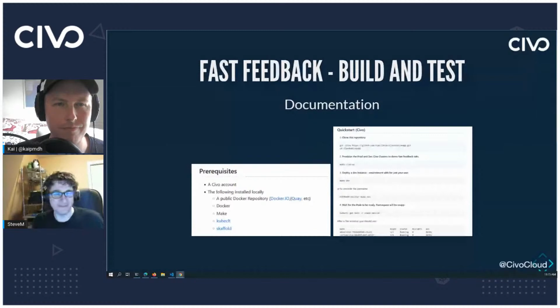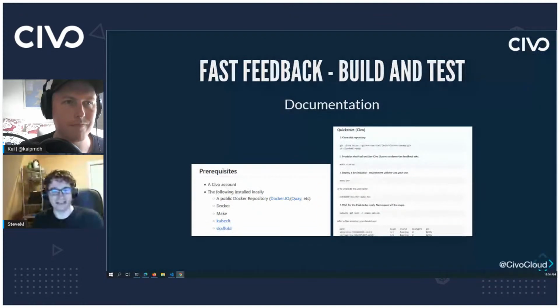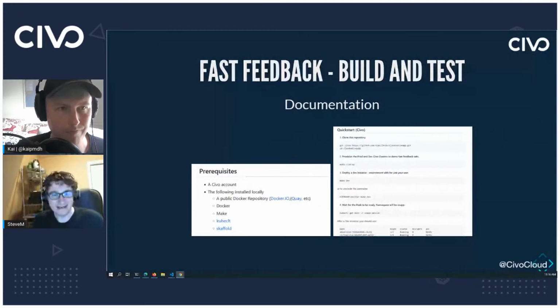The first thing I'd like to emphasize is documentation. A lot of people like to claim that there's self-documenting code, that I can just look at the code and figure out what's going on. But I always like to make sure that my repos, whether in a mono repo or multiple repositories, have a README file with enough of a quick start that I can jump on and determine what I need to get started, the tools and what needs to be installed, and then just the basic commands to get everything up